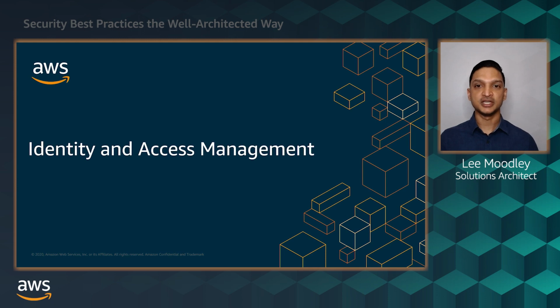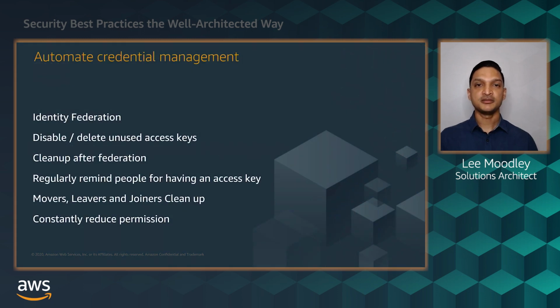As you run more workloads in AWS, you need to have robust identity and management systems in place to ensure that the right users have the right access under the right conditions. AWS offers a large selection of capabilities to help you manage both human and machine identities and their permissions. Automation for credential management can save organizations a large amount of time reviewing permissions, while improving your security posture by